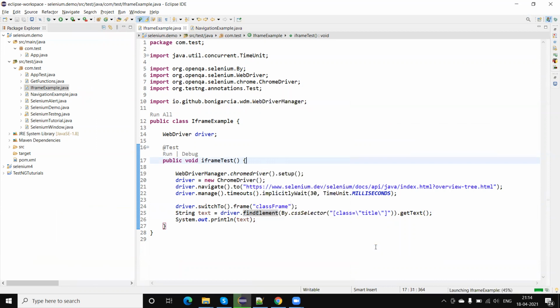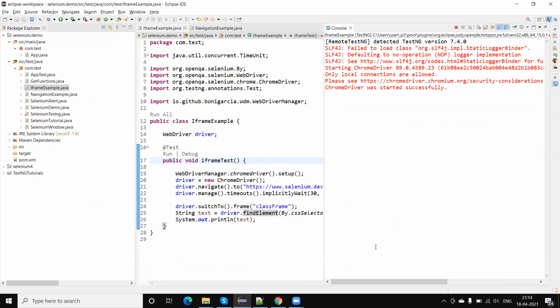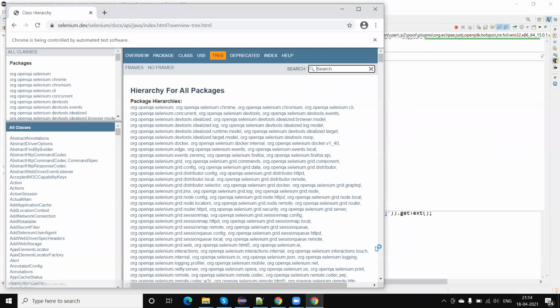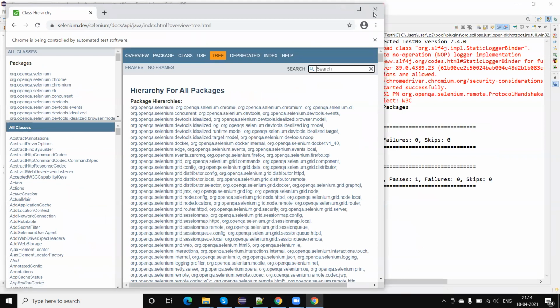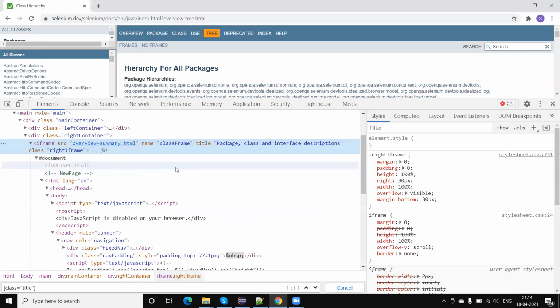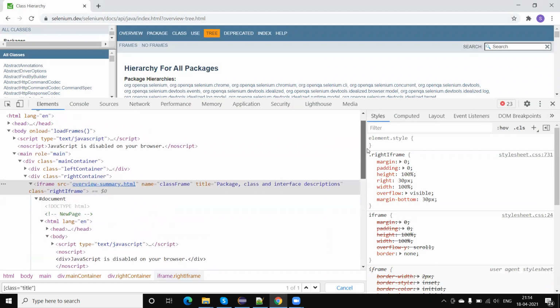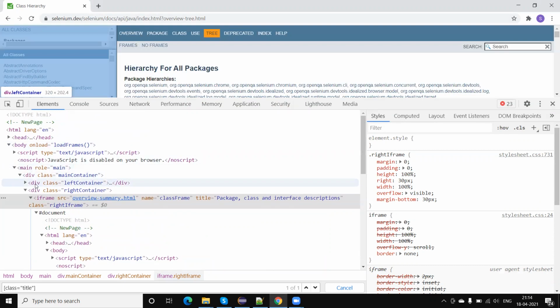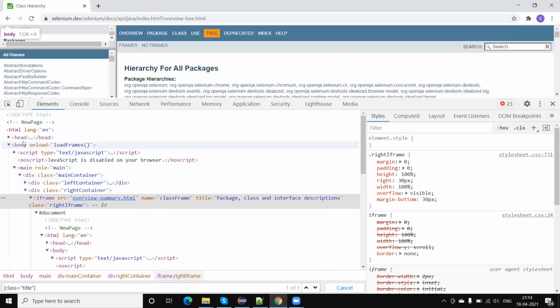Let me run now. Yeah, now you can see I am getting the title. Now next, if I try to find the locators and text which are outside of the frame, not within the frame, then how will this work?